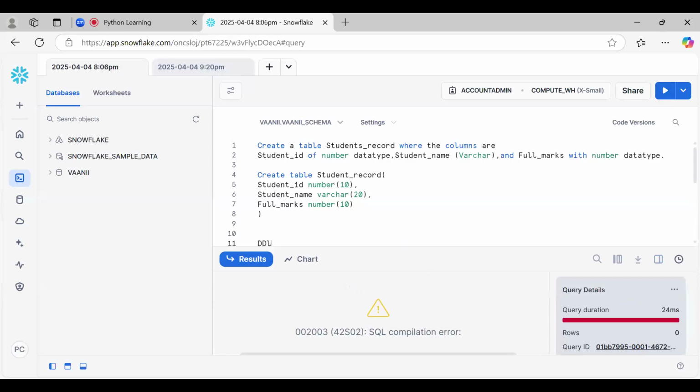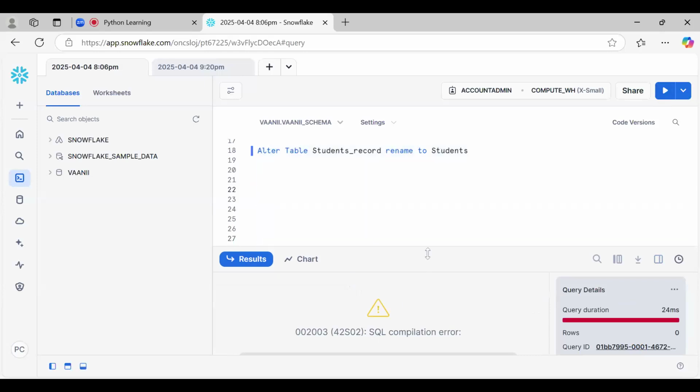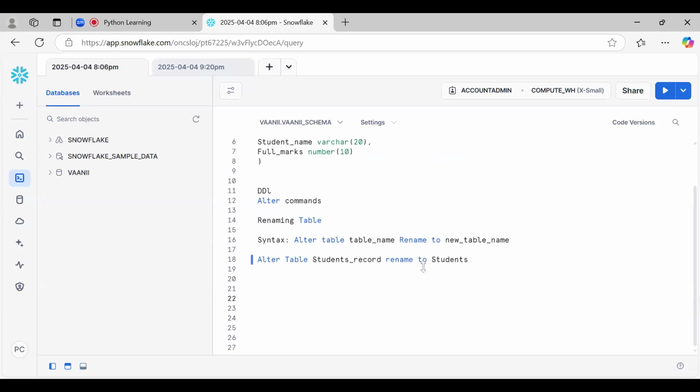Okay, there's some mistake here. Let me check. It looks correct only.